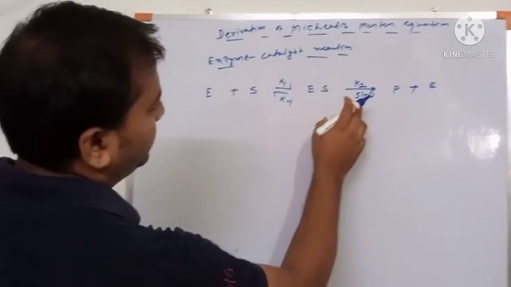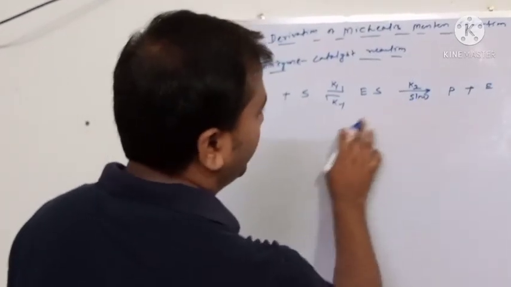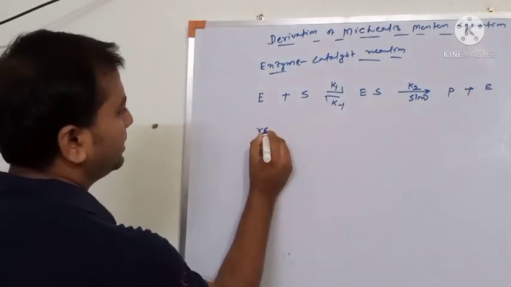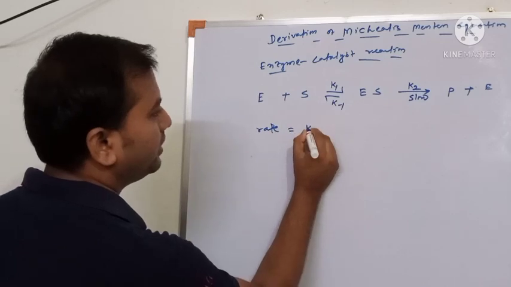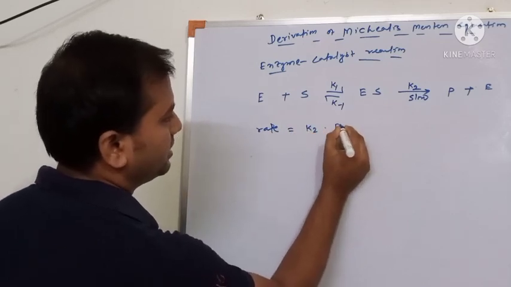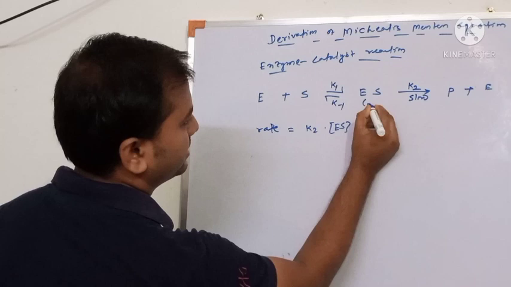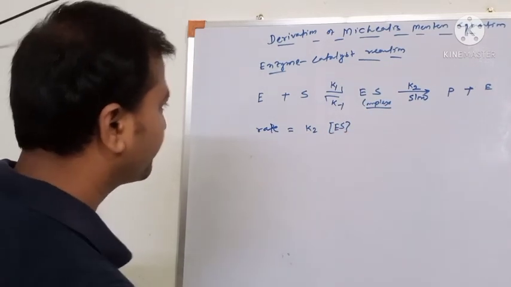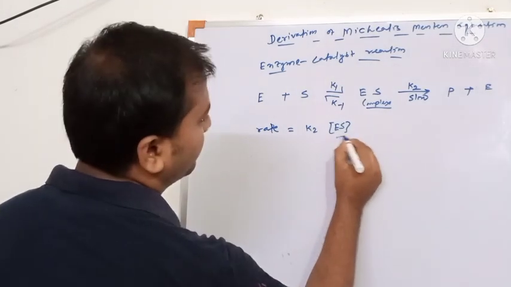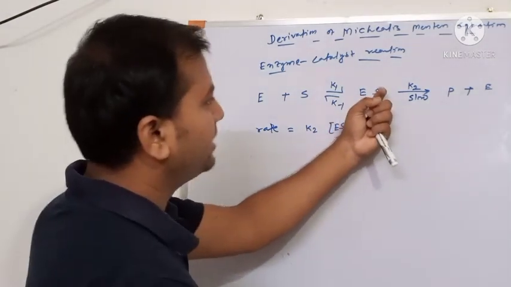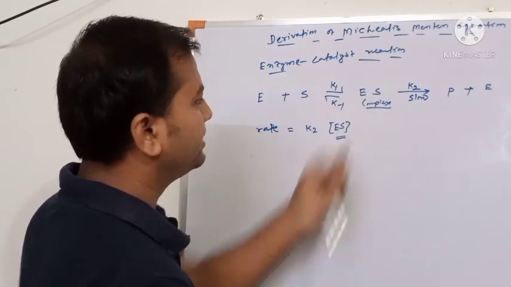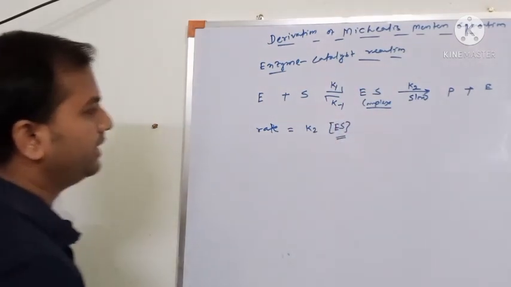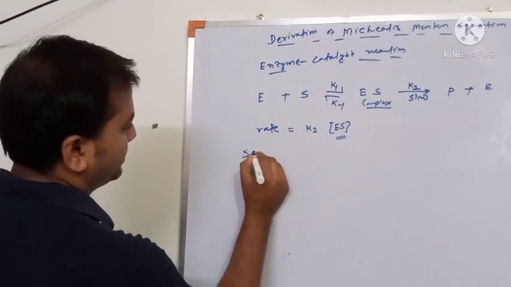In kinetics, we know the rate-determining step follows the rate law equation. So rate equals K2 into the concentration of the enzyme-substrate complex. Now this concentration is an intermediate, so this value will be calculated by applying